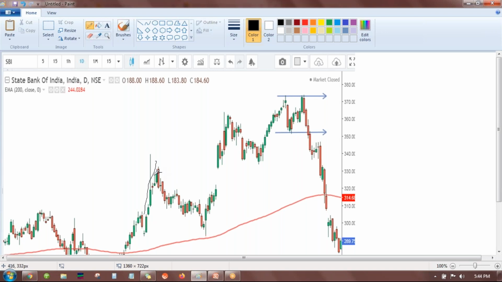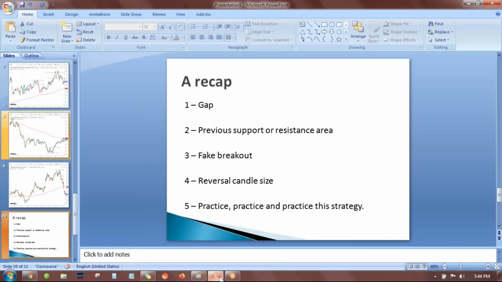After that, we have this congestion area. Not a big move, sloppy moves. Getting it? So this is the thing. Look for a large candle followed by small candles. So this is all for today. Stop intraday trading. Try to get your hands on a daily chart, weekly chart. Then come on to intraday trade.